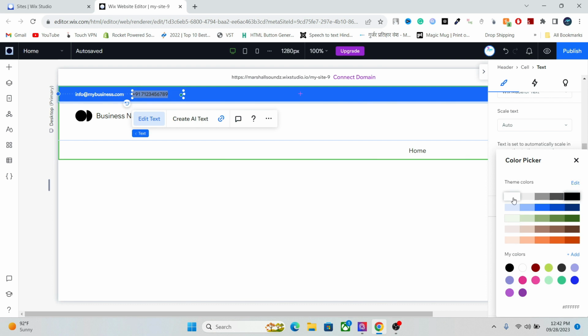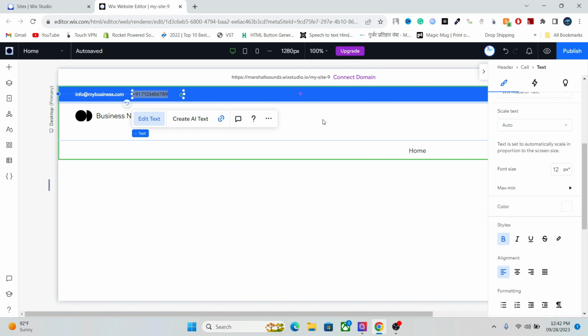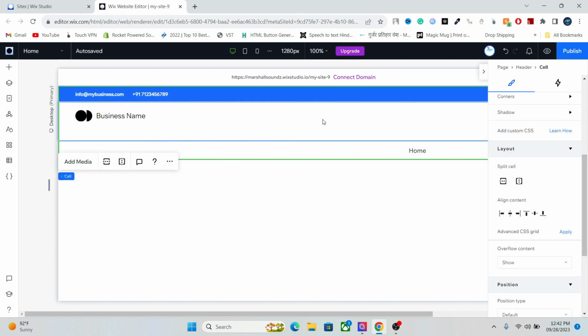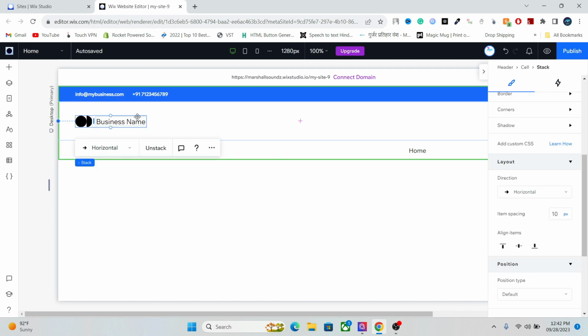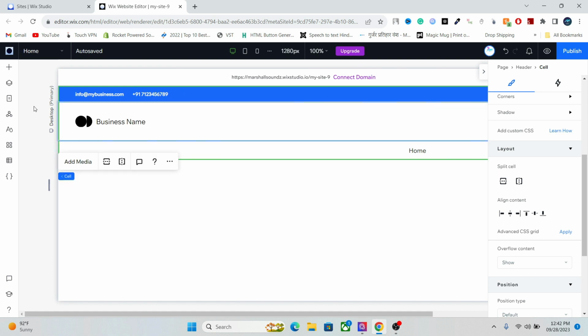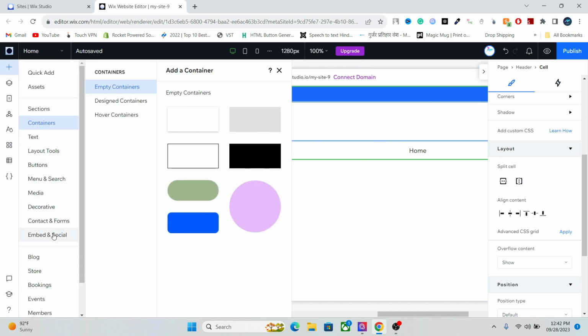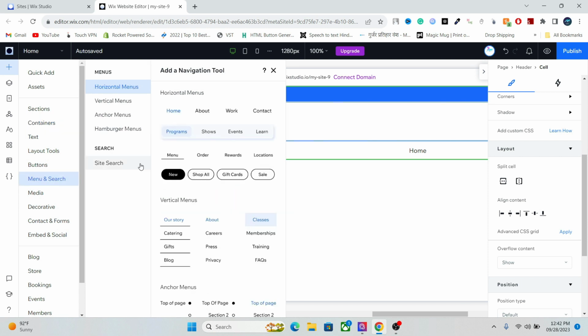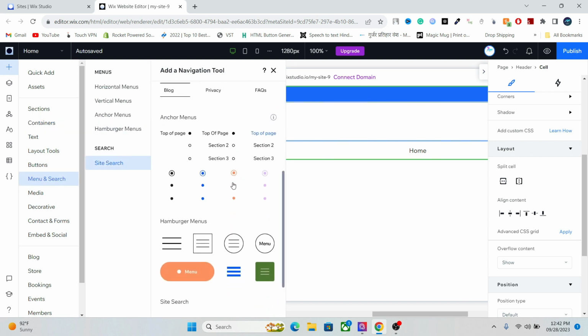The thing about website colors is that you have to choose colors that have a difference in their contrast, so that search engines can read them. Otherwise, it will create issues in your website score. So, for example, we have this contrast here, so anyone can easily read these texts. Okay, next thing we're gonna do is add a site search. So go here, select site search,